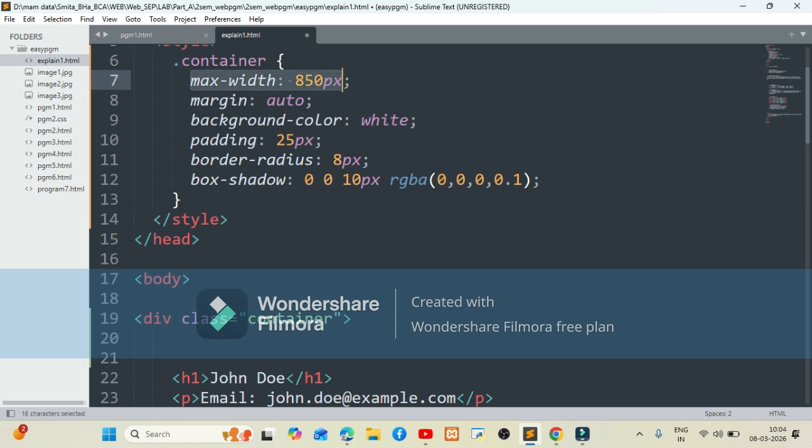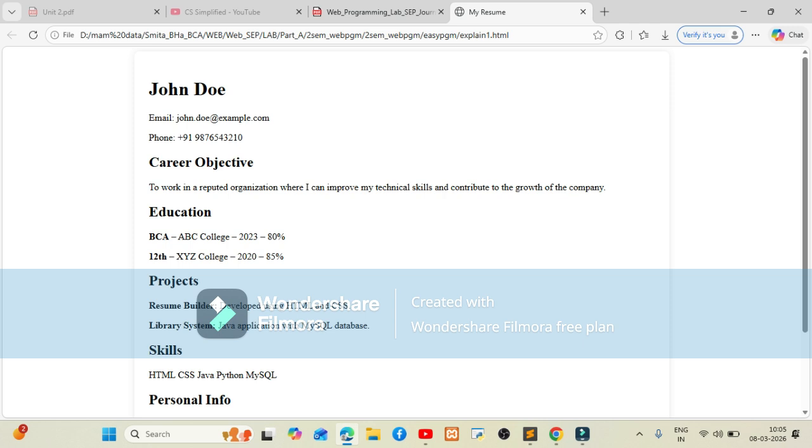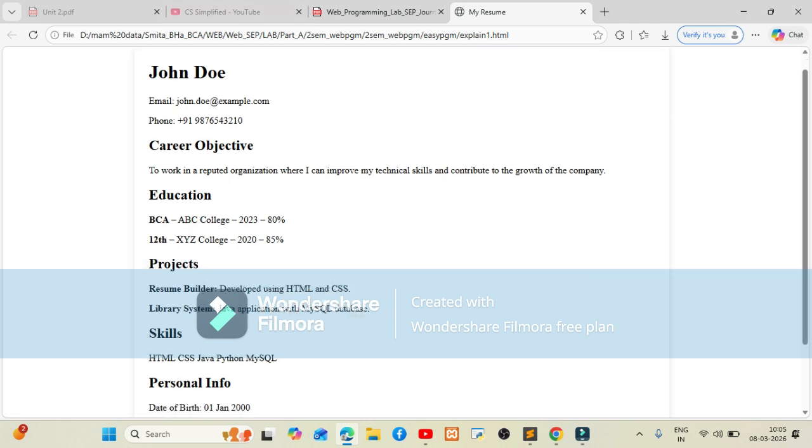So for our container, we have given max width 850 px, margin is auto, background color is white, padding is 25 px, border radius is 8 px, and box shadow is 0 0 10 px RGBA 0 0 0 0.1. I will explain each and every line one by one, but before that, let us see the output. Refresh it and see, you can see our entire document has been moved towards the center of the web page,